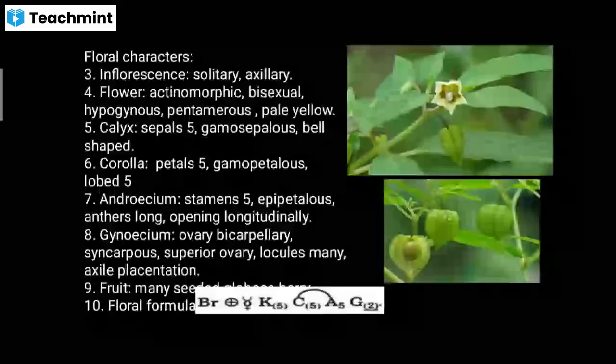Gynoecium, and gynoecium it is bicarpellary, that means two carpels, two है वहाँ पे, syncarpous है, fused condition, इसलिए वहाँ पे ब्रैकेट दिया हुआ है, और superior ovary है, superior है इसलिए उसके नीचे underline आती है। जब भी inferior ovary होगी तब उसके ऊपर line रखते हैं। अभी यहाँ पे superior है तो G के नीचे वहां पे underline दी हुई।